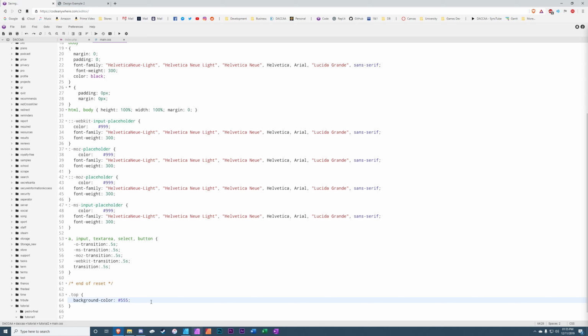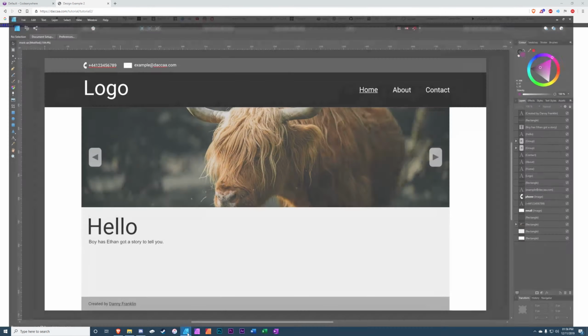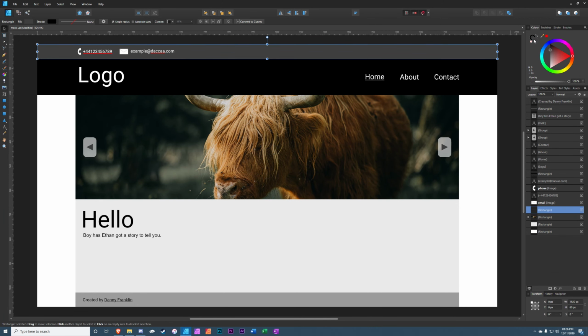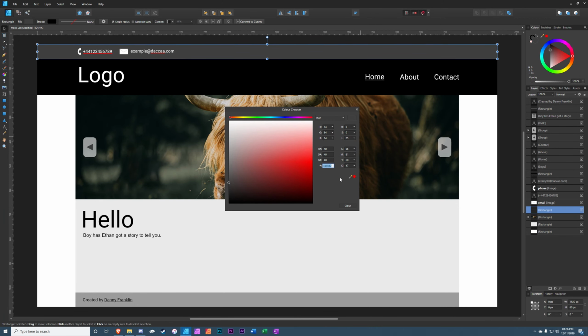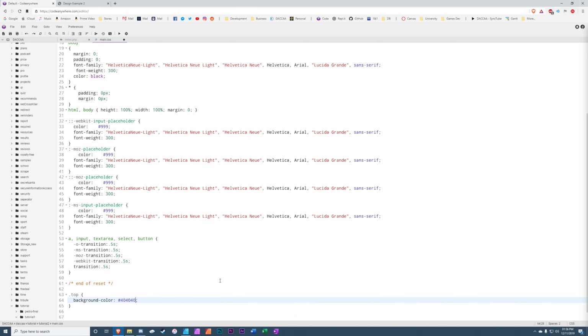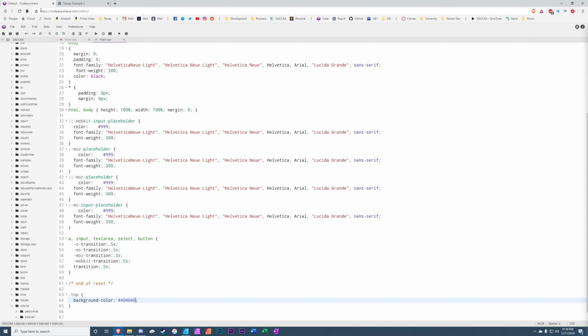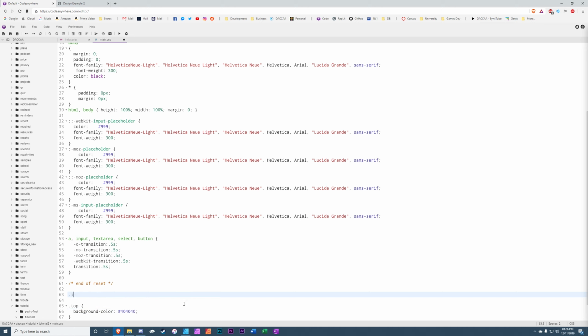Let's try 5. Let's see how dark that is. Does that match? I mean, I can have a look at what colour this is. This is okay. So I'll put this in here, and we'll have a perfect match. And oh, it's actually darker. Now, what I'm going to do is